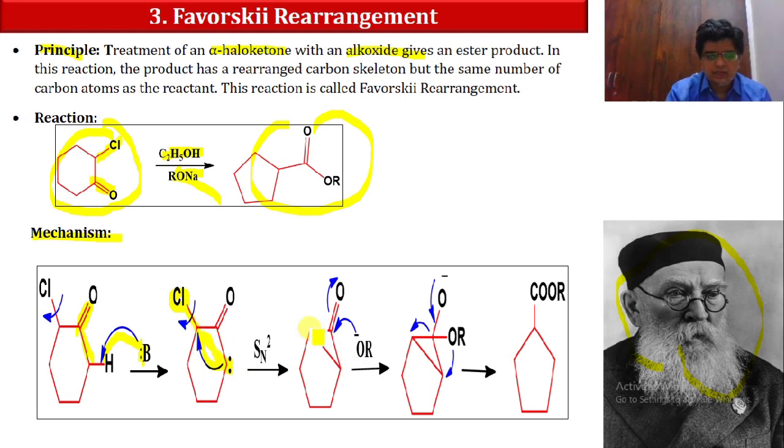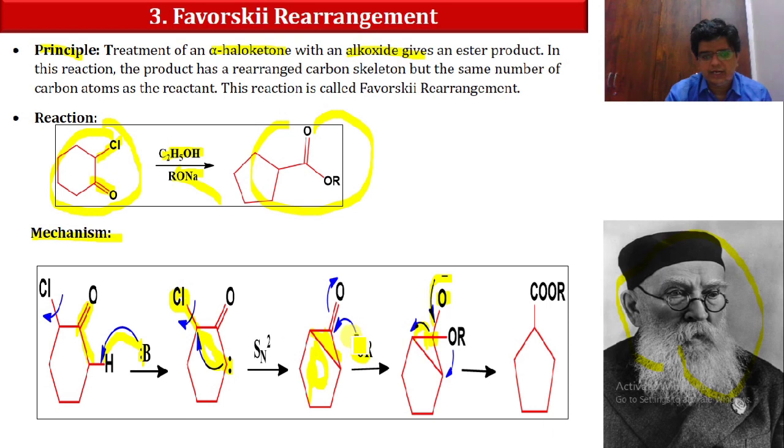So now what will happen? It will produce two rings, one that is a 3-member ring and the second one a 5-member ring. Now here we are reacting with the OR minus. This OR minus will attack over here. This goes down over here. So here we are having oxygen minus and OR. So now what will happen? This oxygen minus will fall down over here and make a double bond. Now the carbon valency will be disturbed, so it will have a negative charge, and this bond will be broken.